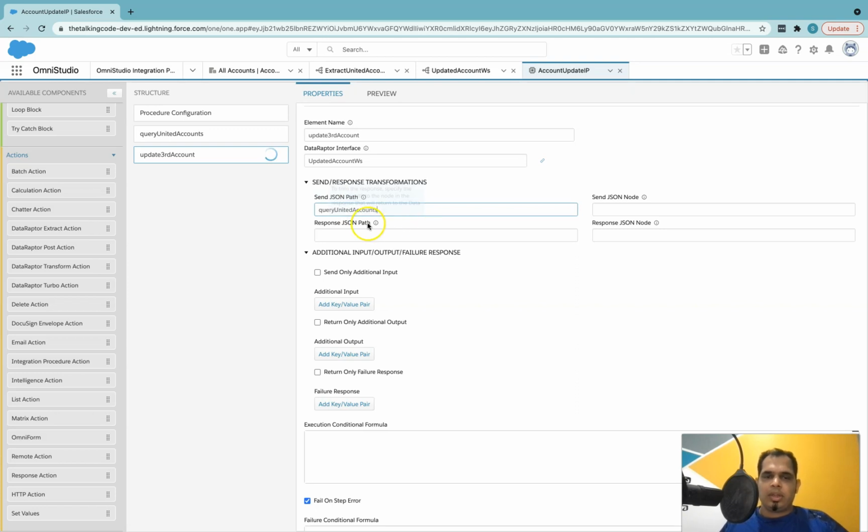If I do this, the integration procedure will pass the whole output of this data raptor to this data raptor. But I do not want this. I want to pass only the third account, not the first and second account.